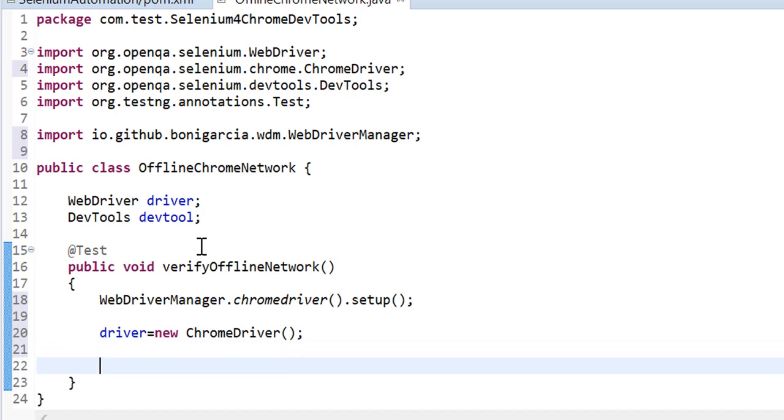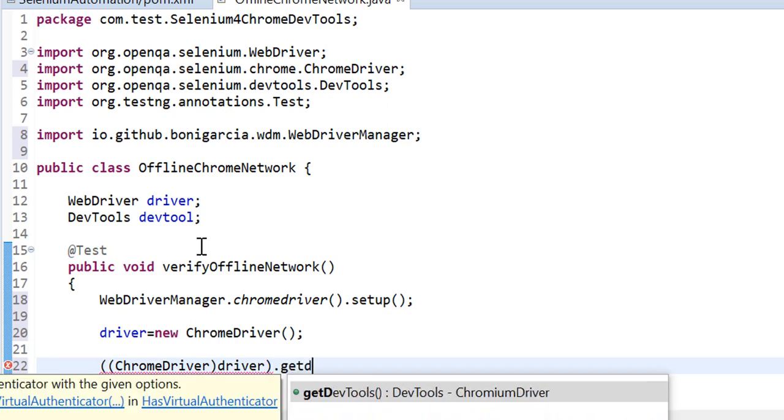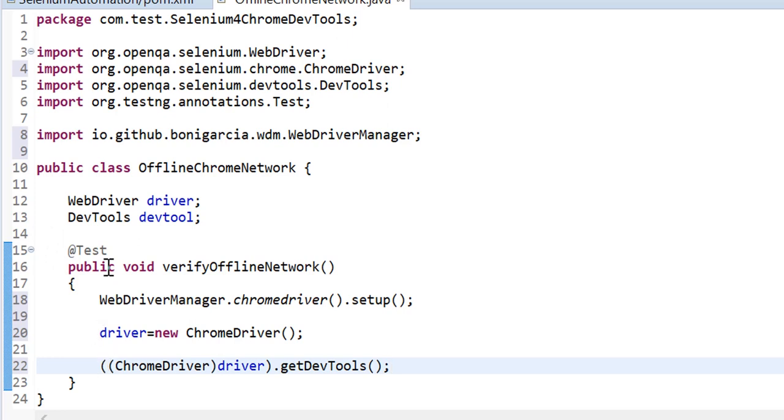Now I'll use the DevTools. driver.getDevTools we will not get here, so we have to cast this driver to ChromeDriver, and then getDevTools, and this is the reference variable I am passing here.